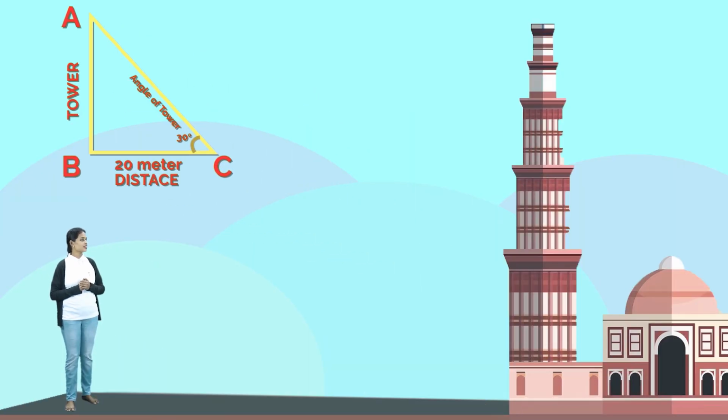Let AB be the height of the tower and C be the point as mentioned earlier. In right angle triangle ABC, tan 30 degree is equal to AB by BC. On solving this, we get AB is equal to BC into